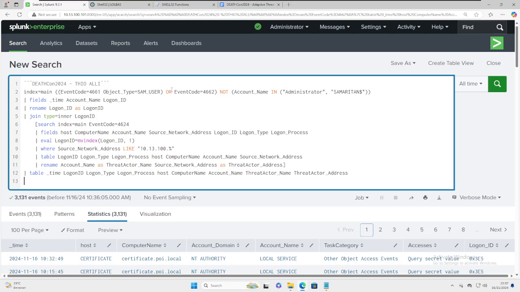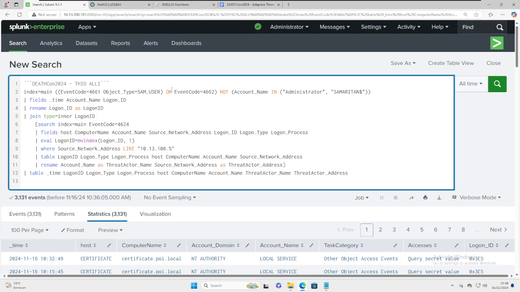In this query, we will search for event code 4661 with the object type SAM user, or the 4662 event code, and we will exclude the administrator and Samaritan's account names. After that, we only take three fields, which are the time, account name, and logon ID, to optimize the search.